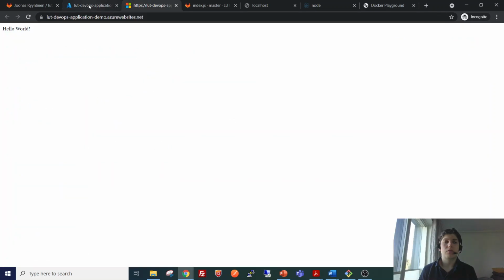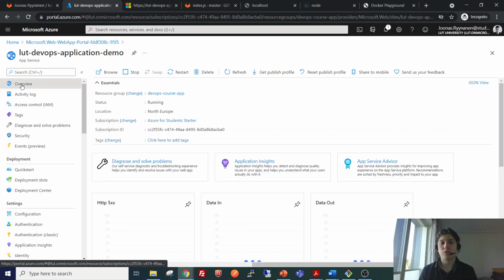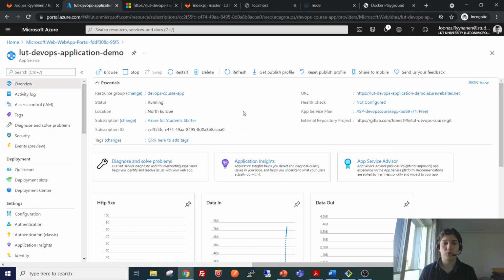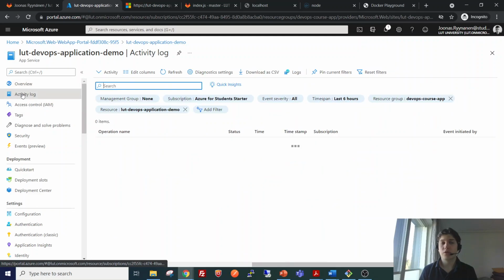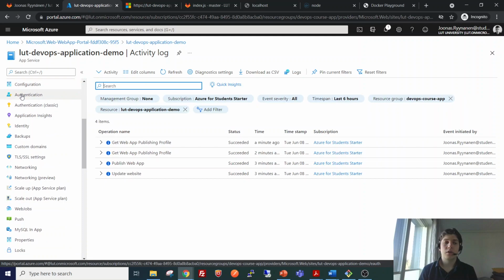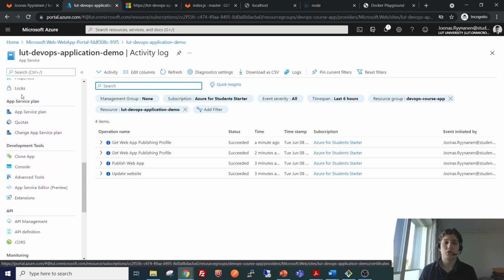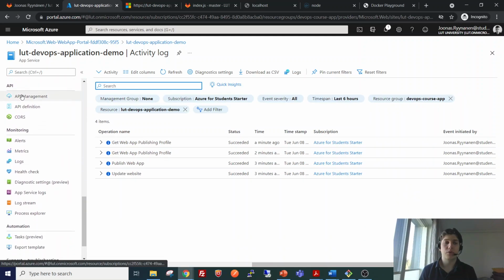And let's quickly see what more we have in this web app user interface. We have the ability to stop the service, to share it, and do all kinds of things. We have this activity log here, and as you can see, there are lots of different options available.